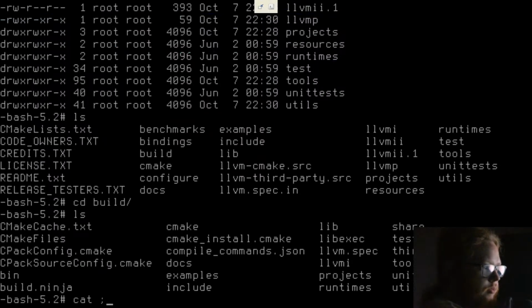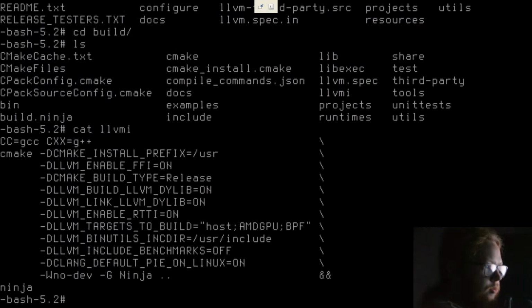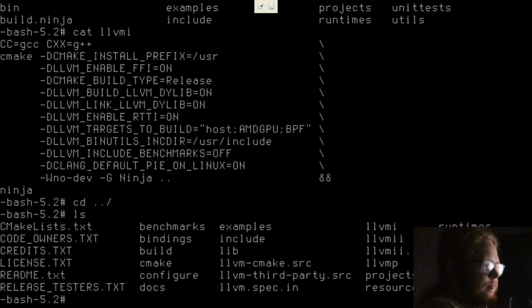LLVM. Is this the correct one? No, it's not. However, rm build. We are going to remove that.